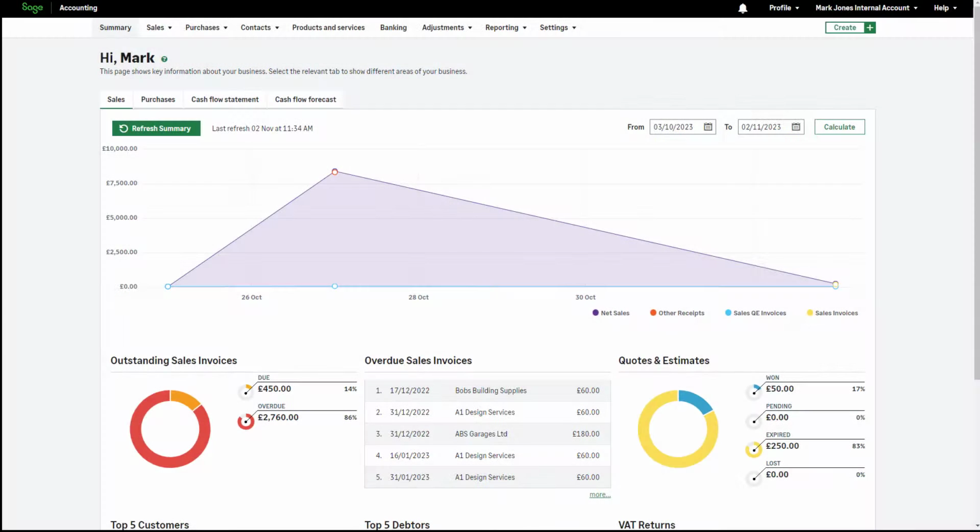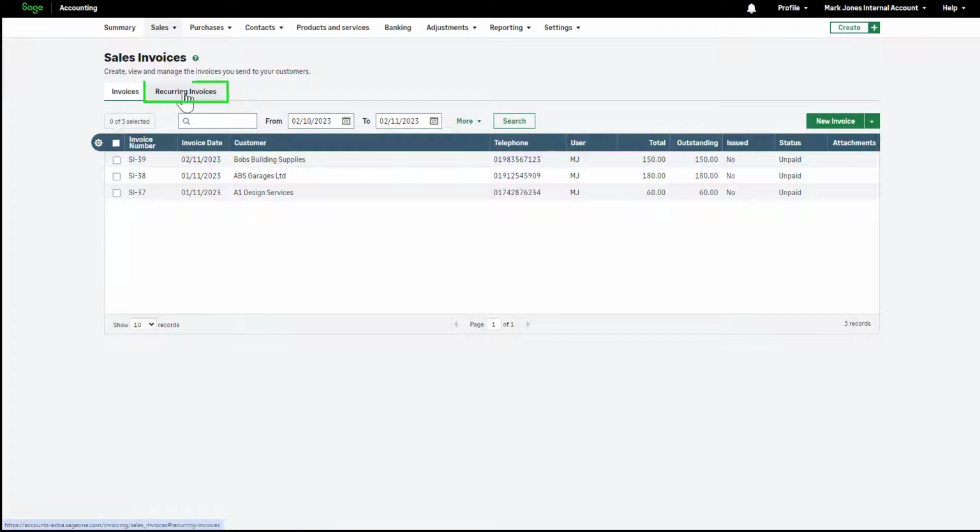You can find and manage multiple recurring invoices quickly with the help of new search, filter and sort options in Sage Accounting. Let's say your accountant has asked for a list of recurring invoices that are about to expire for a specific client. From the Sales drop-down menu in the navigation bar, select Sales Invoices, then select Recurring Invoices from